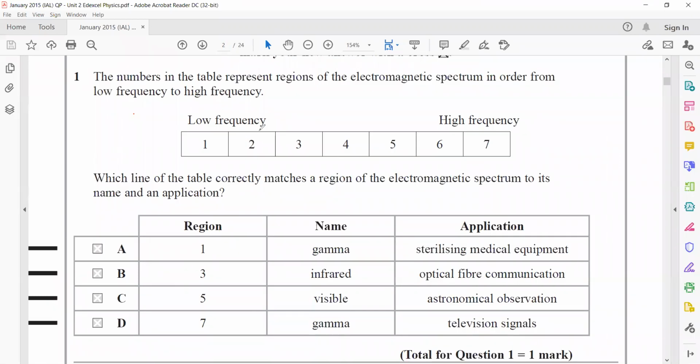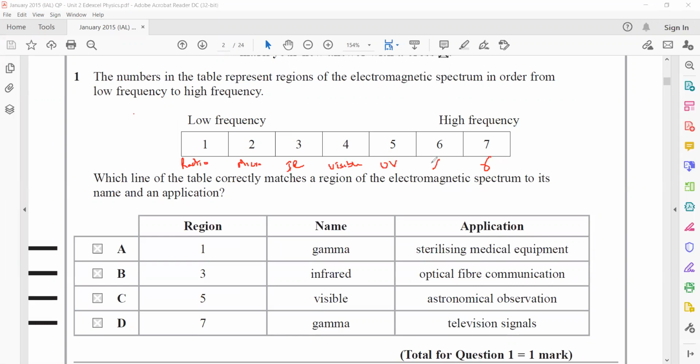The numbers in the table represent regions of the electromagnetic spectrum in order from low frequency to high frequency. Which line of the table correctly matches a region of the electromagnetic spectrum to its name and application? The one with the highest frequency is gamma, and the lowest is radio. Then it will be micro, infra, visible,